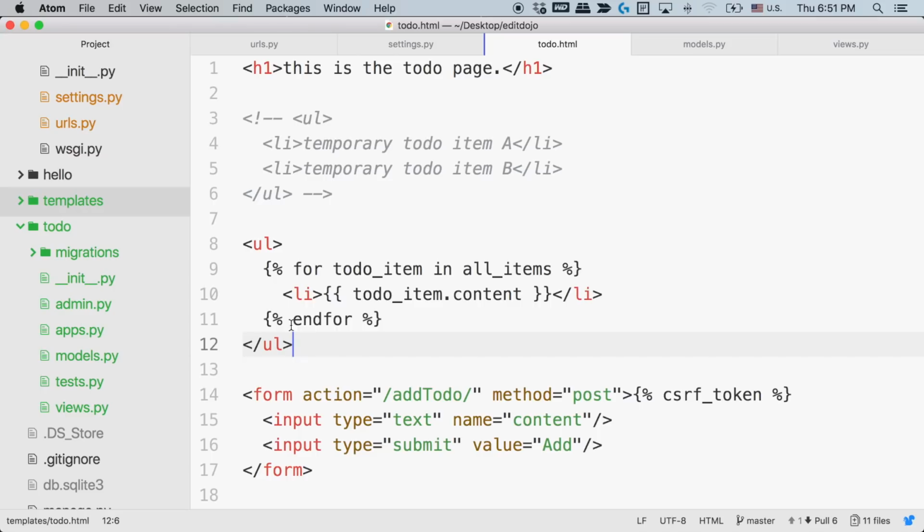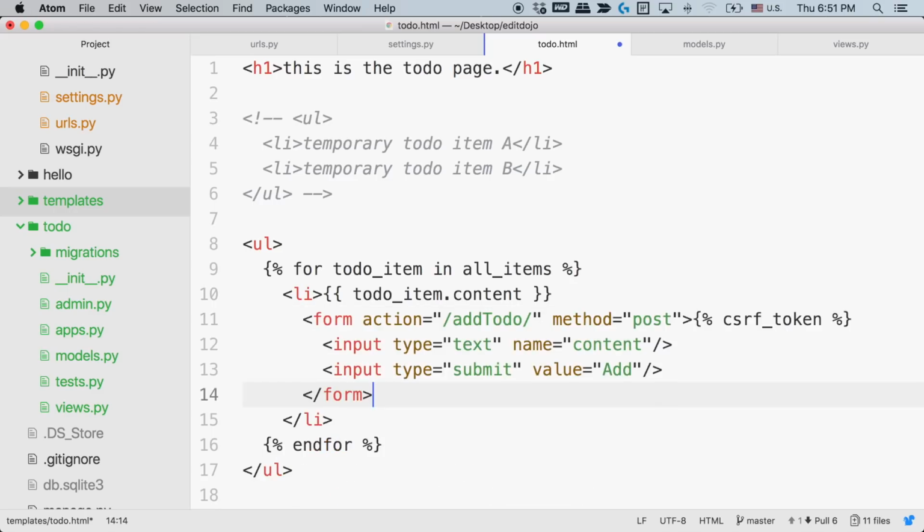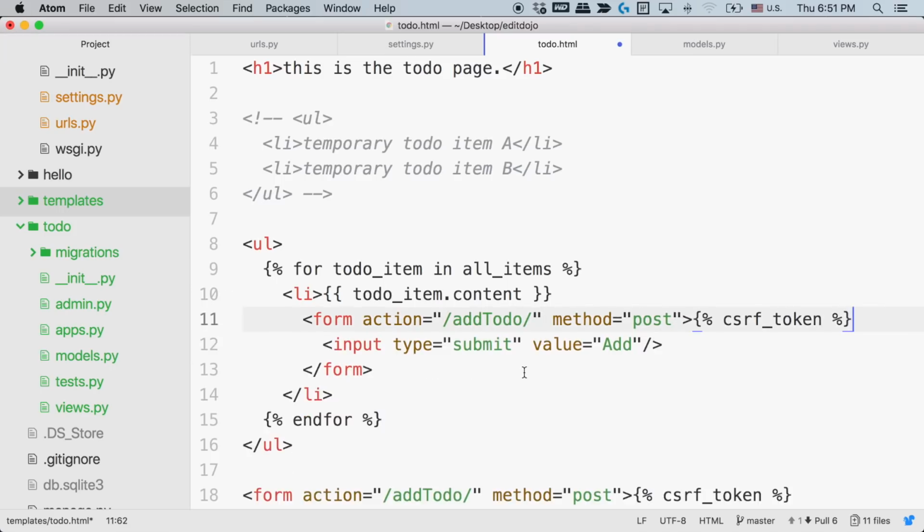So in this for loop, we're creating the li tags. Within this li tag, add this form, and then we don't need the text input because we only need to say delete. It's gonna have a single button here. So change the add value to delete, and then change the action or the URL that this request is gonna be sent to